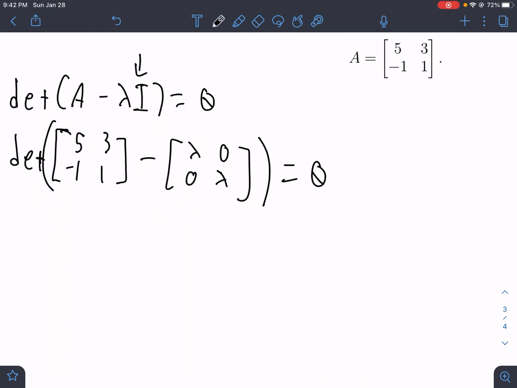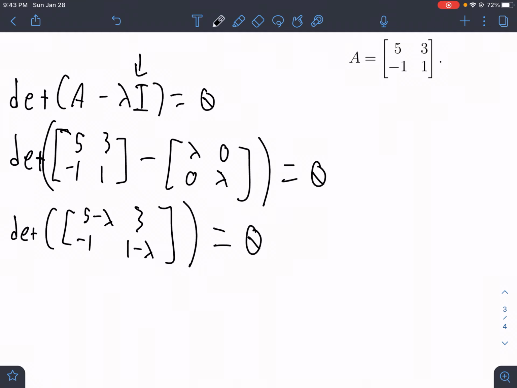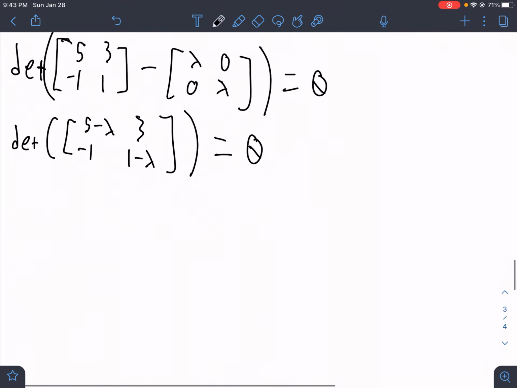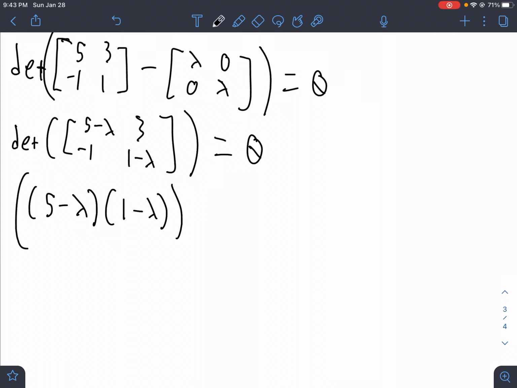Now we can just simplify this. Determinant of [5 minus lambda, 3; negative 1, 1 minus lambda] equals 0. Honestly, I would just skip to the third step when you write out your work, just to save time. But now we solve for the determinant of a 2 by 2 matrix. So we take the diagonals and we do the thing. So 5 minus lambda times 1 minus lambda, minus the product of the upper diagonal, so negative 3